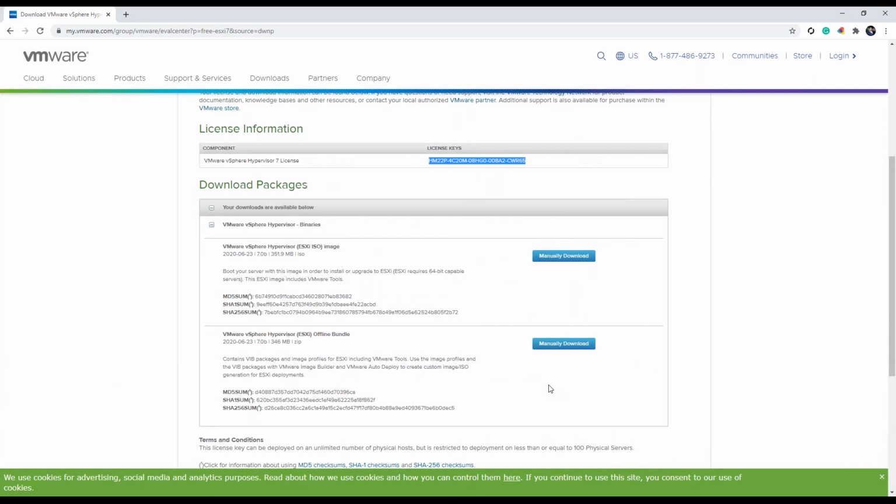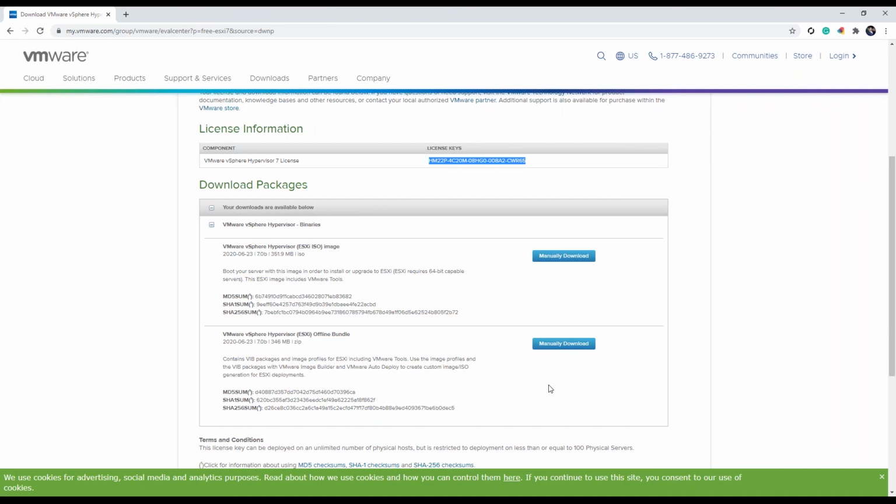Most people get confused between the images. Here there is one offline bundle and one ISO image. If you look at the description, it says boot your server with this image. In order to install or upgrade, ESXi requires 64-bit capable servers. This image includes VMware tools.